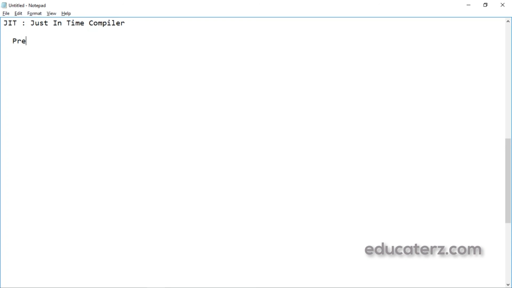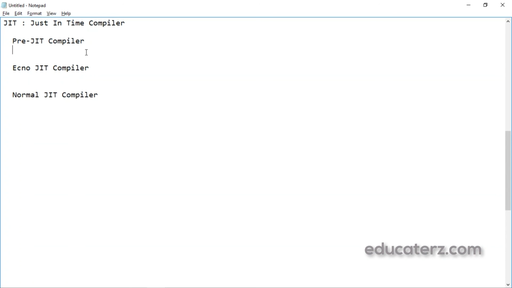One is the pre-just-in-time compiler, the other one is the Econo just-in-time compiler, and the other one is the normal just-in-time compiler. There are three types of just-in-time compilers. Let's see them one by one.